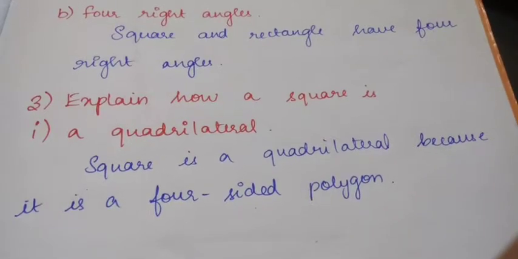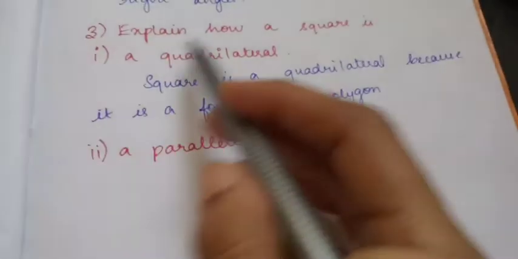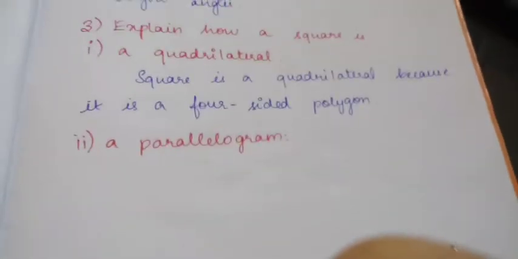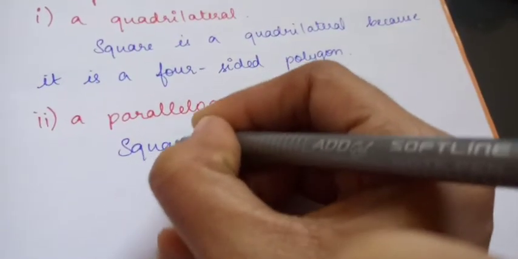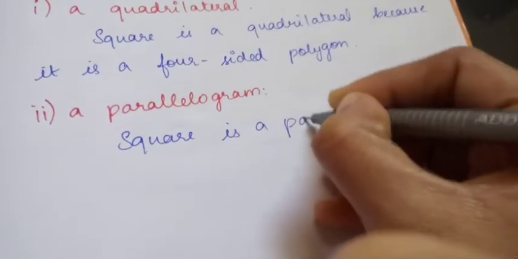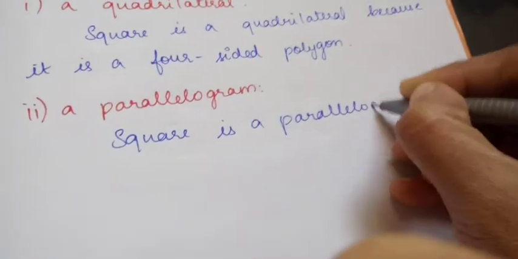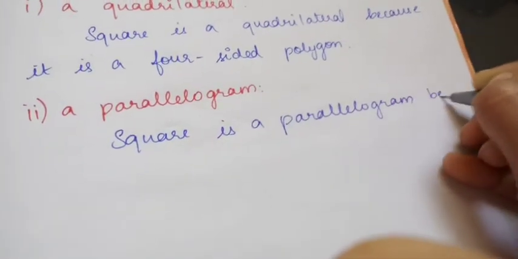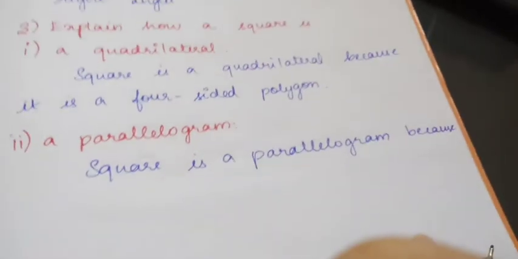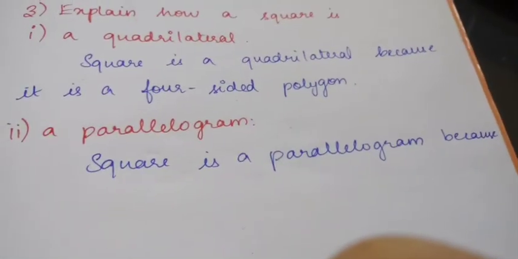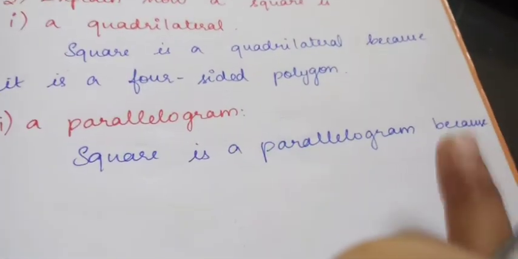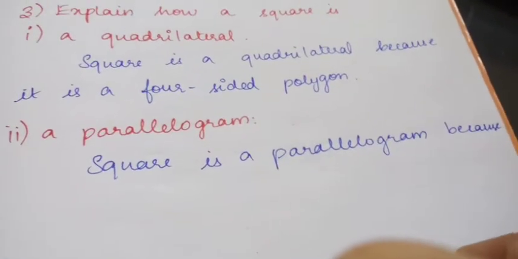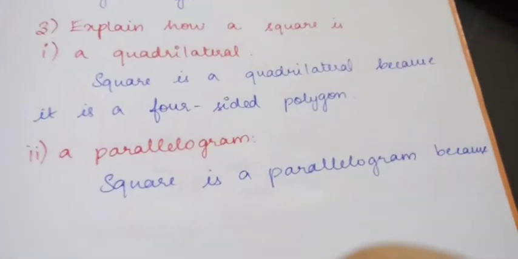Okay. Second subdivision. Explain how a square is a parallelogram. We have to explain how a square is a parallelogram. A square is a parallelogram because what is the property of a parallelogram? Opposite sides are equal, then opposite angles are equal, right? In square, all the sides are equal, all the angles are equal. So square is a parallelogram because